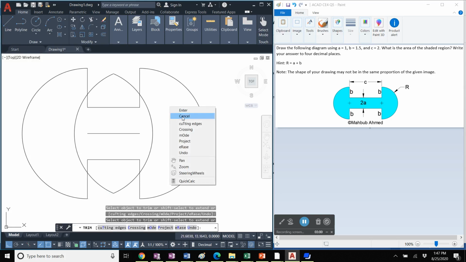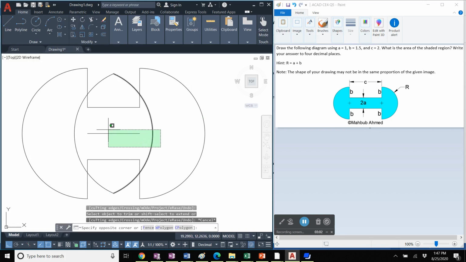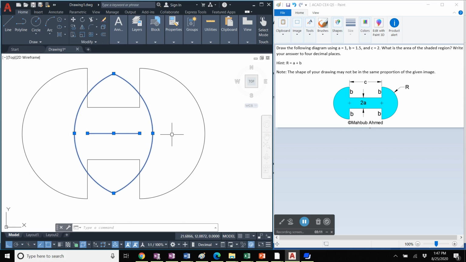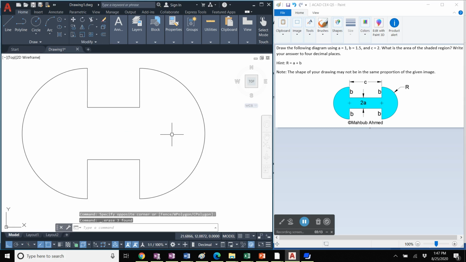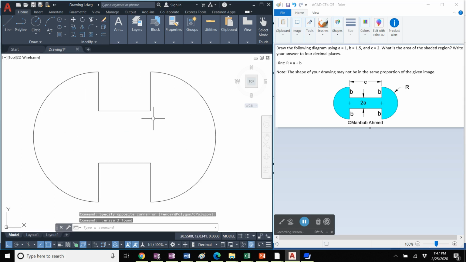Okay, now we're going to use the trim tool to trim here, there, here, and here, and right click, cancel. Now select the arcs and line that are not part of this drawing, so select them, press delete from the keyboard,